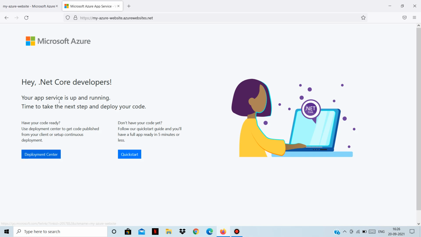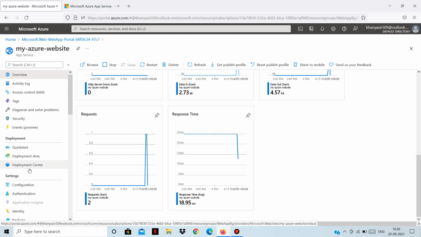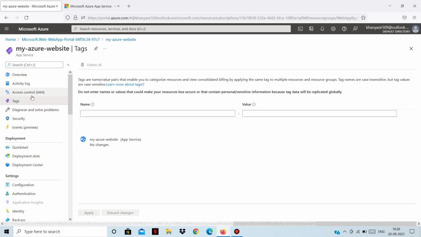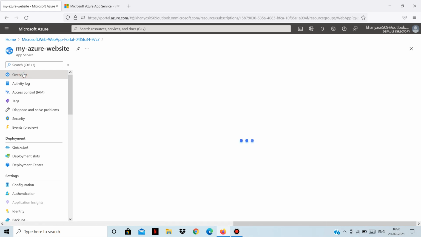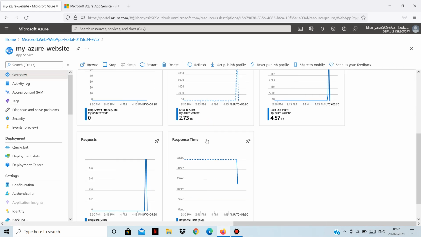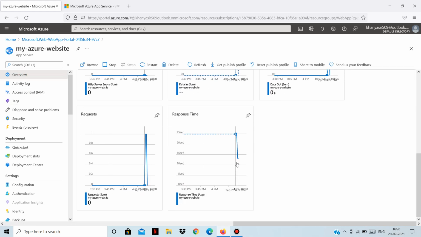So this is how you can actually monitor your web application. Give it some time, it will refresh based on the logs which will be generated, so it will get updated.